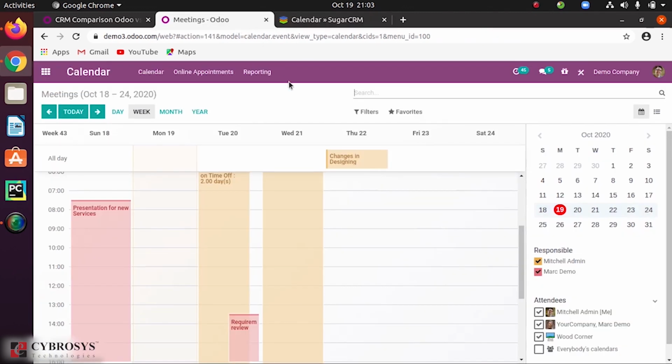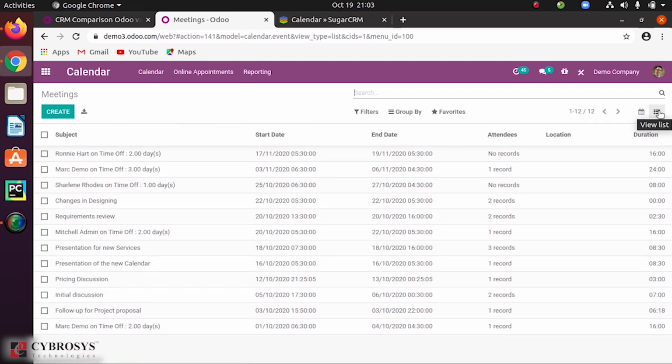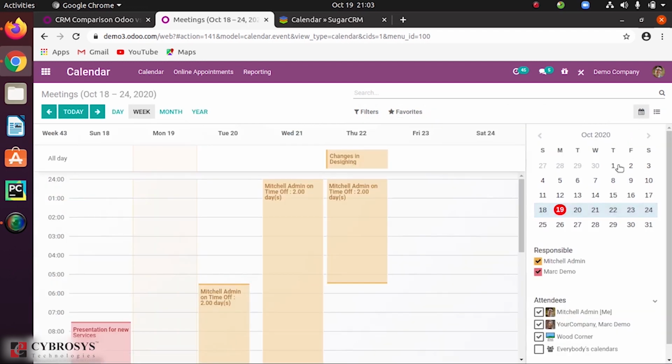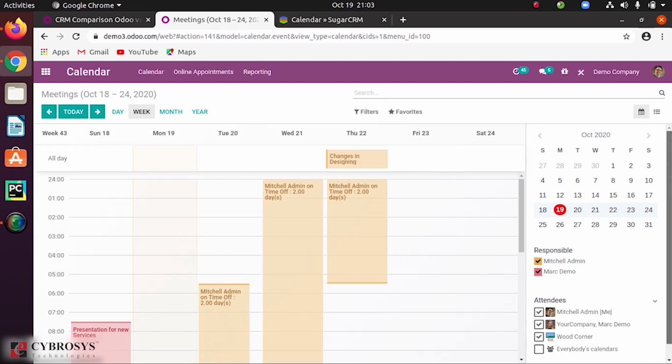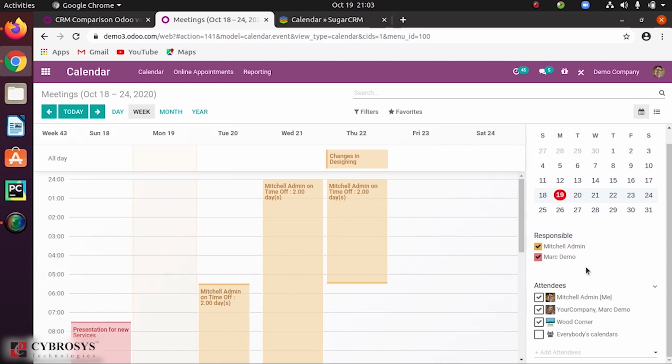And when you come into this Odoo calendar view, here you can see both the list as well as the calendar view, and here also you have wide varieties of filters. And here similarly, you can see the calendar view and the responsible attendees.